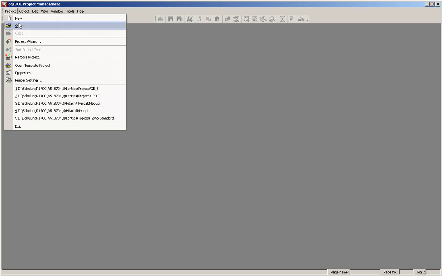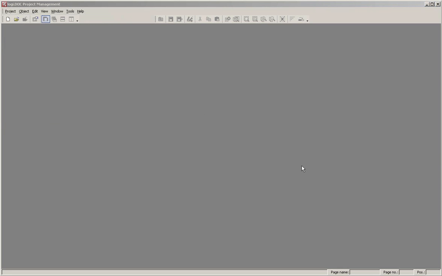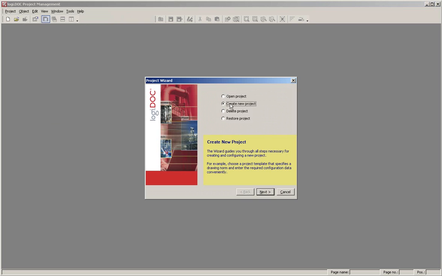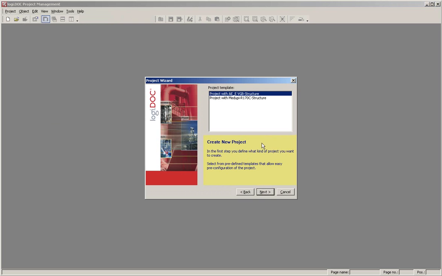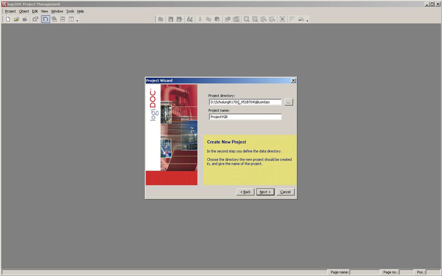This project wizard gives you the possibility to select a new project type from a project list. You can create a new project. You get a selection of existing template projects. The VGB project for AE&E is selected and you say next, and now you are asked for the project directory